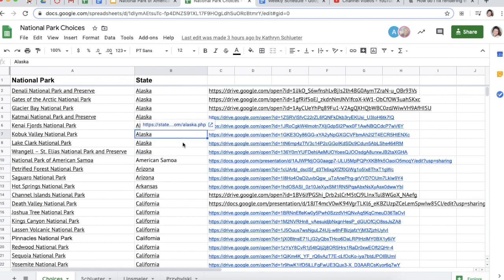If you notice, the American Samoa is actually not one of our 50 states. It is part of the state of Alaska. It's an island that goes with the state of Alaska. So my national park is actually on an island. Once you have your national park and you know the state it is in, we are going to create our